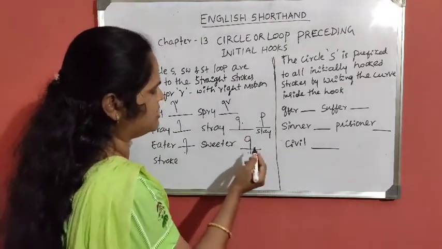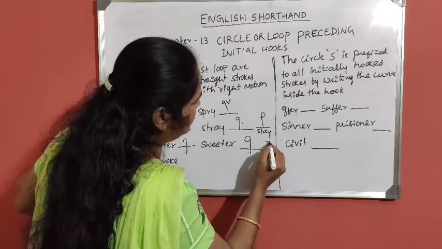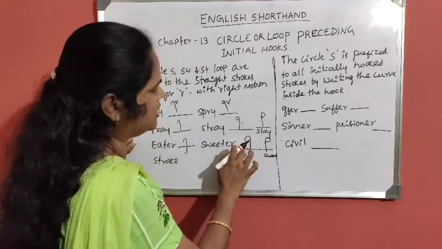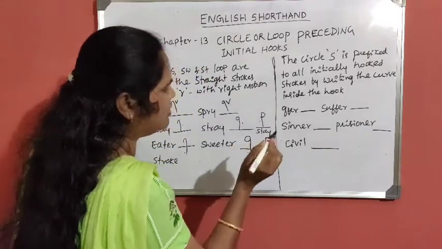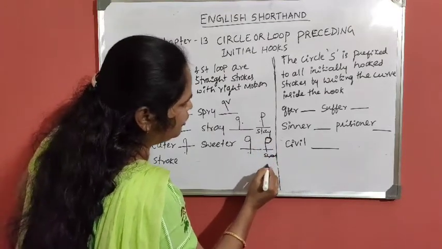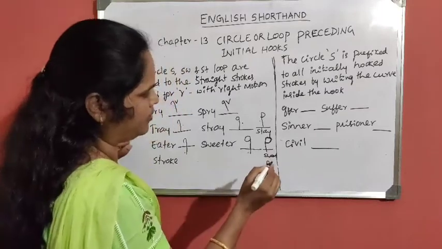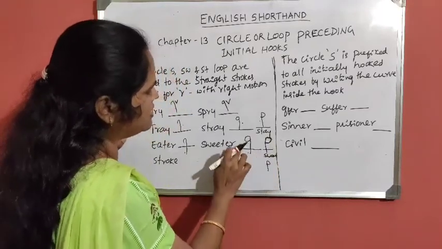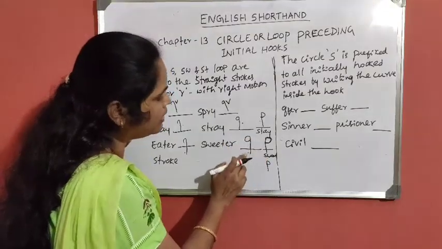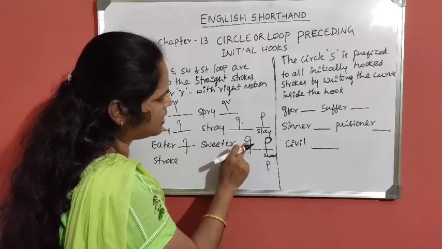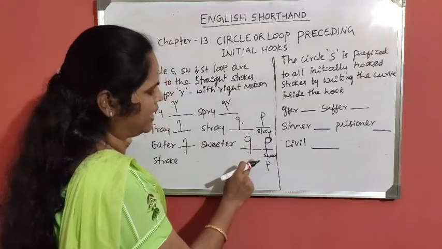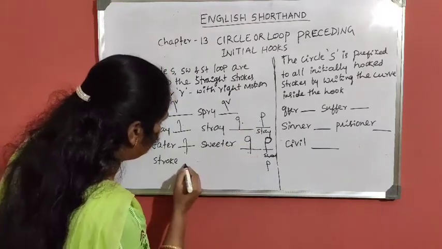Sorry, sweeter this is. If you write with the left motion, then it becomes sweet. Okay, SW is the large circle. If you write the large circle with T, this becomes sweet. If you write like this, it becomes stay through the line. This is the SW large circle plus T with the right motion I wrote. Here E vowel. This large circle of SW also includes the R hook of T. See, this is sweeter. Then stroke.